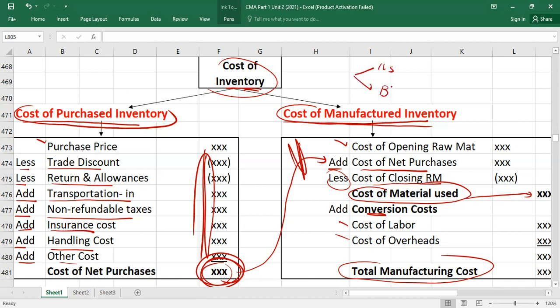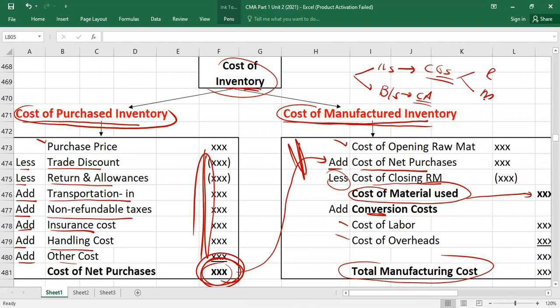Now we are moving on, because inventory is part of the income statement, right, and it is part of the balance sheet as well. Closing inventory especially, and also opening inventory, you include in the cost of goods sold calculation under the income statement. And it is going to be part of your current assets in the balance sheet. So first, we are going to talk about cost of goods sold,